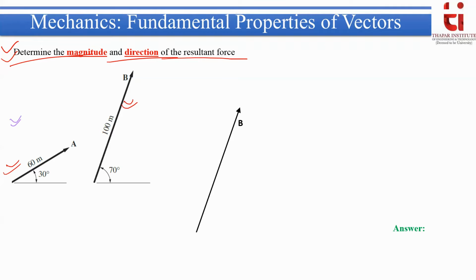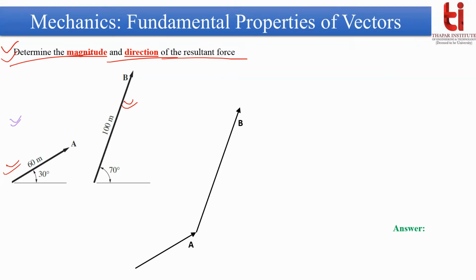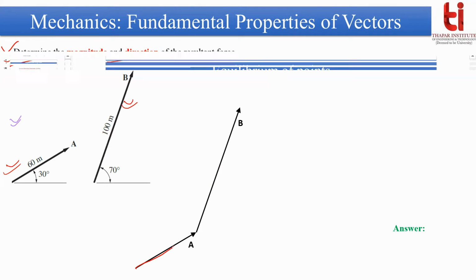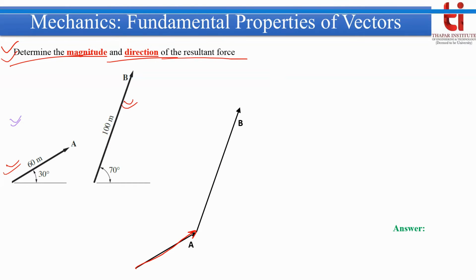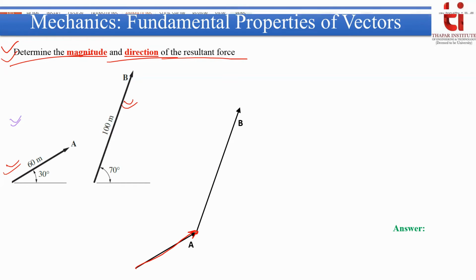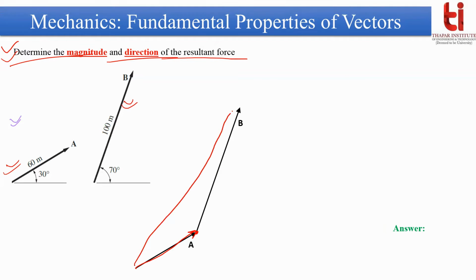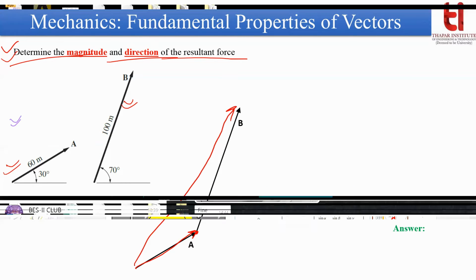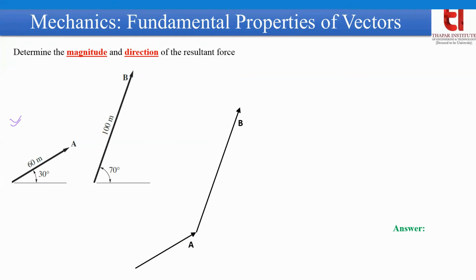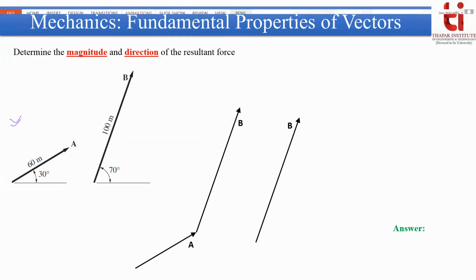Suppose this is force vector B and this is force vector A, and if I arrange these forces in this form, that means first I have drawn force vector A, and from the head of this vector I am connecting the tail of B. Then we can easily draw the resultant over here, and our triangle will be appropriate for applying sine law or cosine law. So in this way, or there is another possibility to draw the triangle.